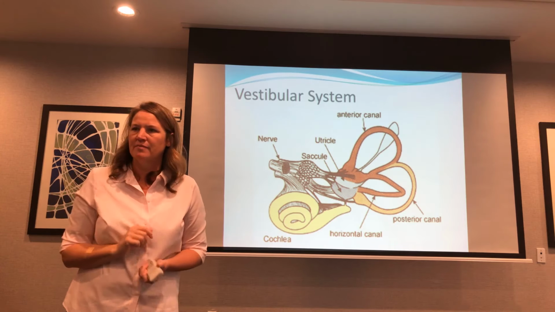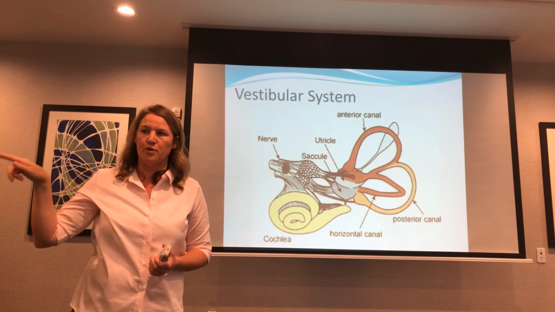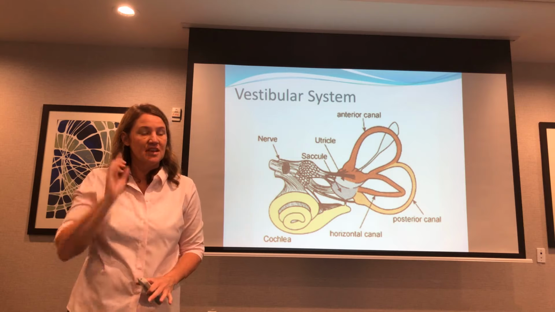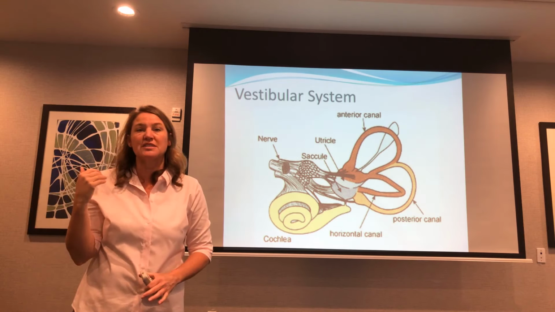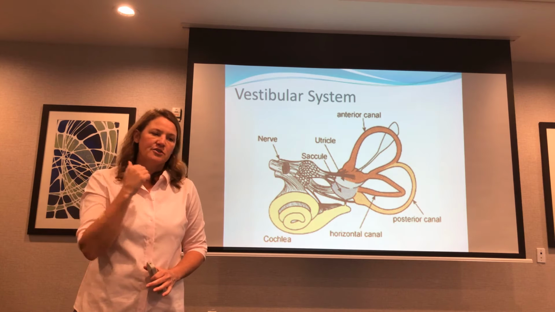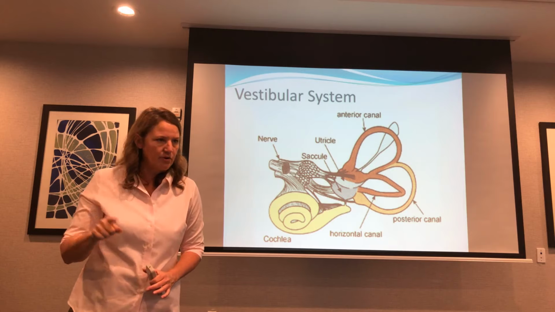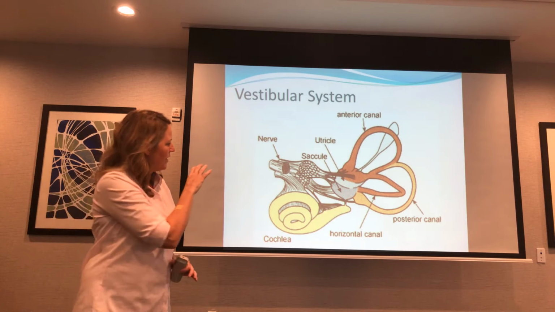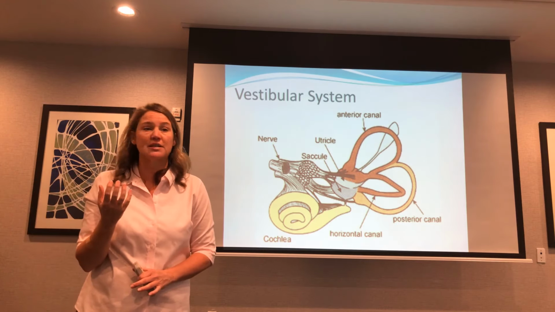If you're on some ride or in your car, have you ever been in your car and the car next to you started moving either forward or backwards and it freaked you out because you weren't feeling it yourself? That's the part of your body that perceives that linear motion. And your semicircular canals pick up rotational motions. The way they're lined up, they're really meant to pick up very, very complex movements.